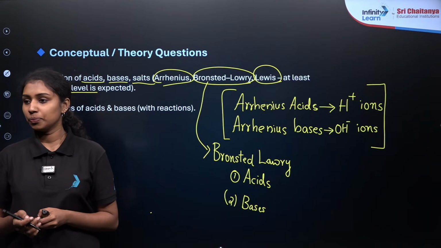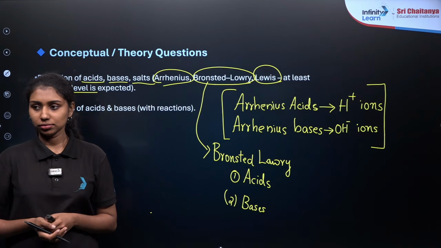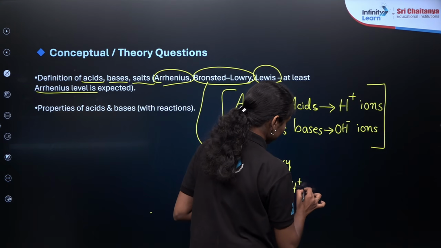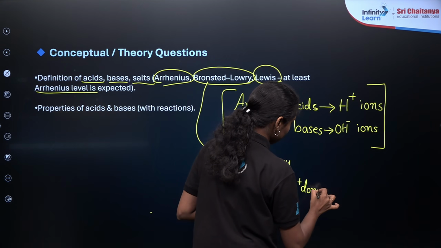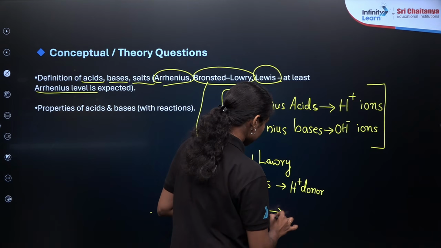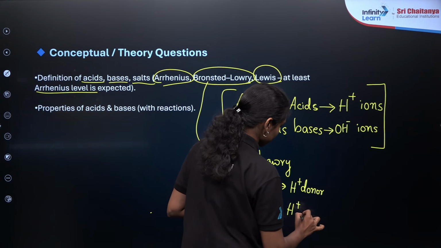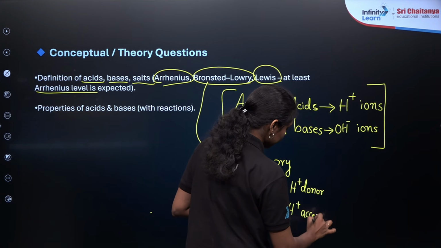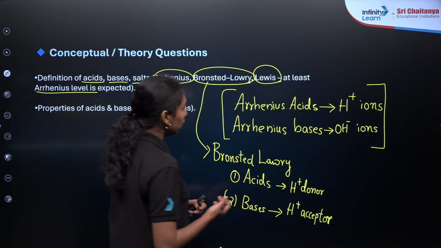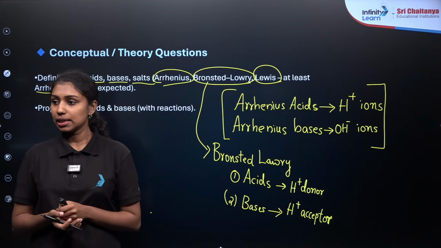So acids are the H plus donors, right? When they donate H plus ions, they are known as the Bronsted-Lowry acids. Similarly, bases are the H plus acceptors. Then one more theory is based on the electron pair, the electron pair acceptor as well as the electron pair donor. So we can define the Lewis acid as the